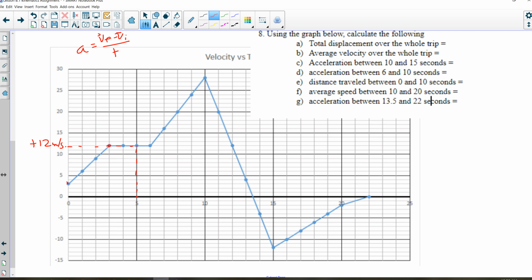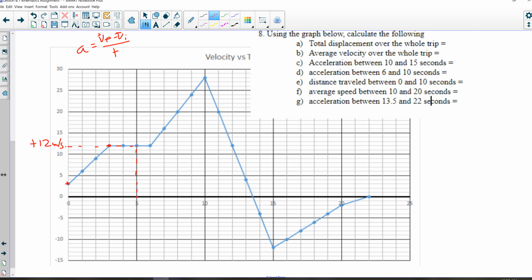Can I read velocity off the graph? Can I read time off the graph? So this is just a matter of reading numbers off the graph and plugging them into that formula. Okay, very simple. So if they wanted to know what's the acceleration between 0 and 3 seconds, well, at